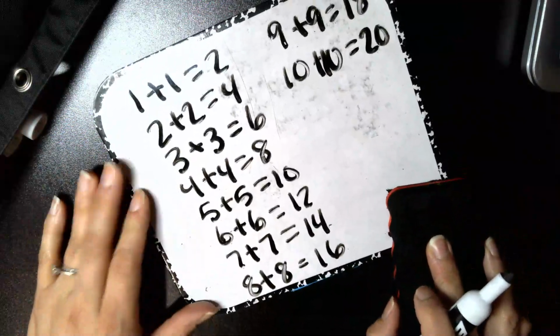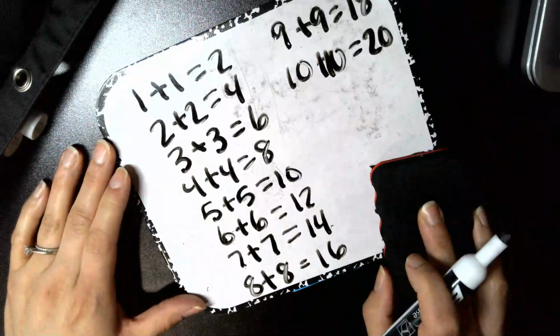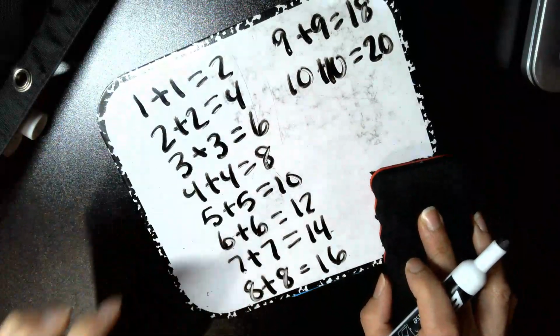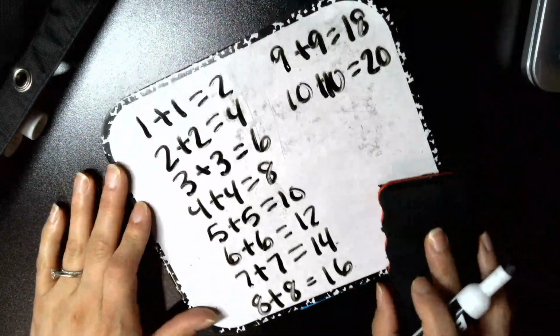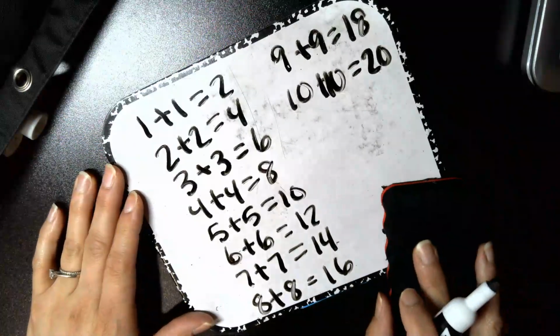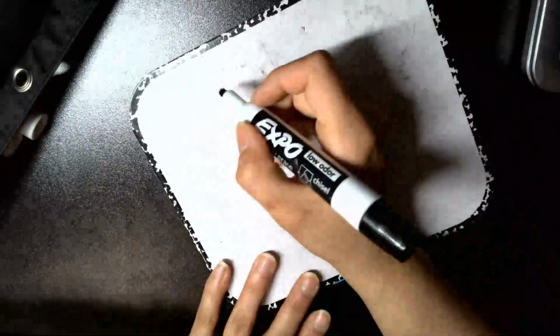Okay, so practice those from 1 to 10. And most of these you already know, so there's not a lot more to learn here. So you guys can do those and you will never have to skip count by 2 because you'll just know these. Okay. Then when we do the 3's, okay, 3